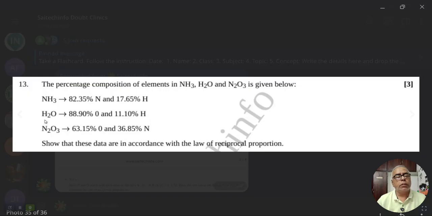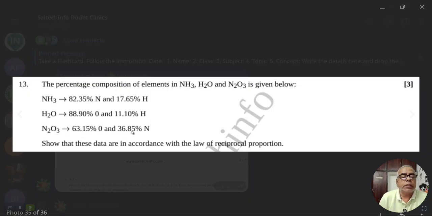In water, oxygen is 88.9% and hydrogen is 11.10 percentage. And in the case of N2O3, that is nitrogen oxide, oxygen is present